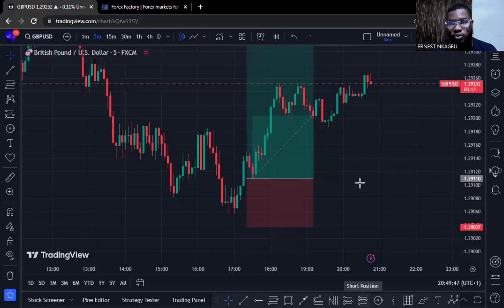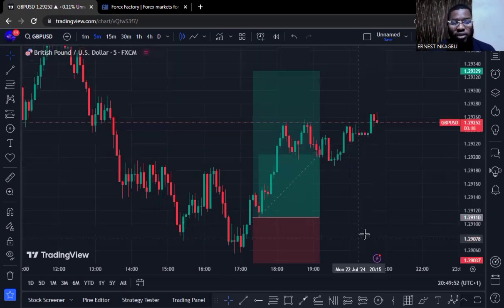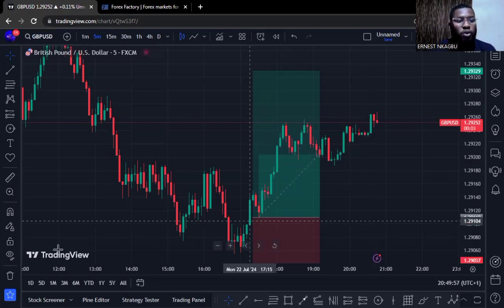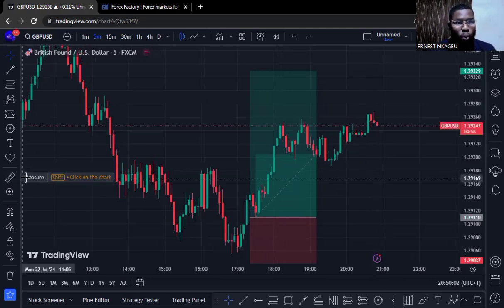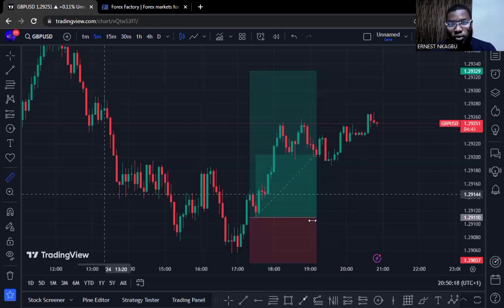1.29037. So if I want to calculate how much I'm risking one of my accounts to get three of my accounts, don't worry, I'm going to still talk about that in this class. So I'm just trying to calculate our pips. So this measurement, this is where they said measurements. So this is where you are going to actually click so that you can actually calculate your pips. So if I click here, this measurement in my TradingView,